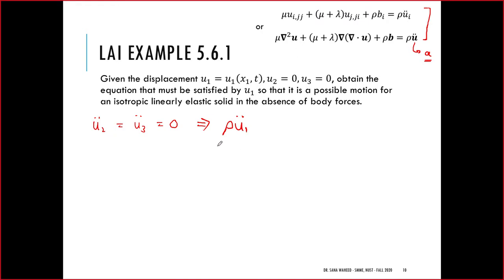Sorry, my touchpad is lagging behind a little bit. So that means now mu u1 comma jj plus mu plus lambda uj comma j1,